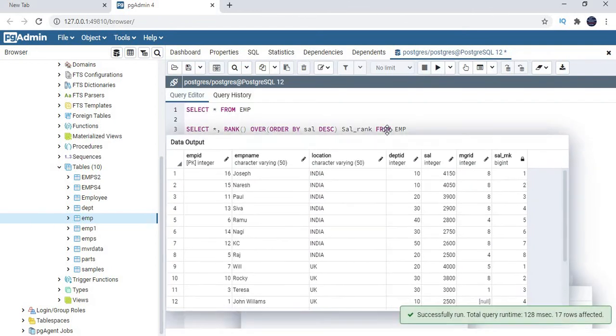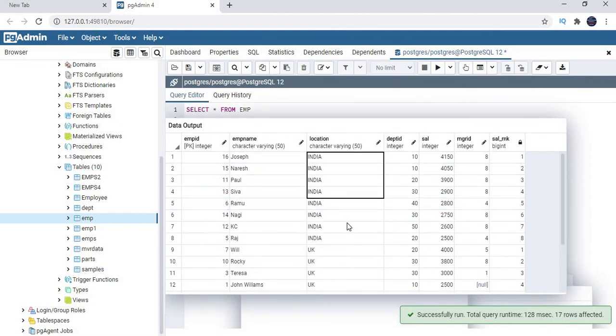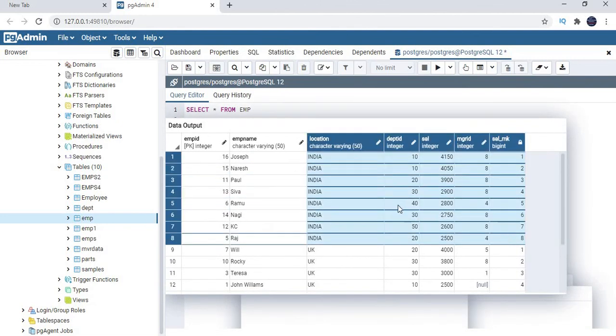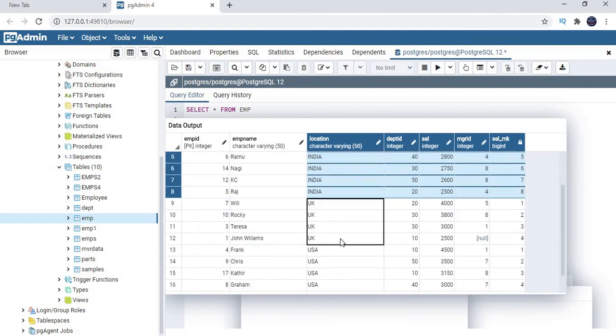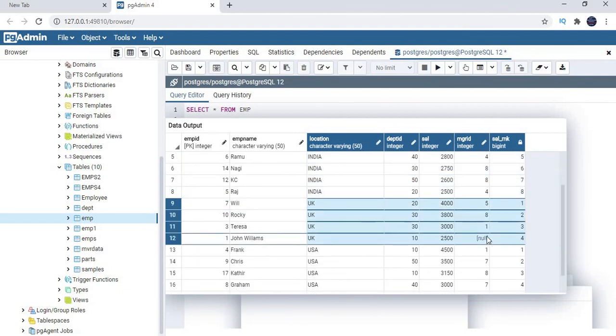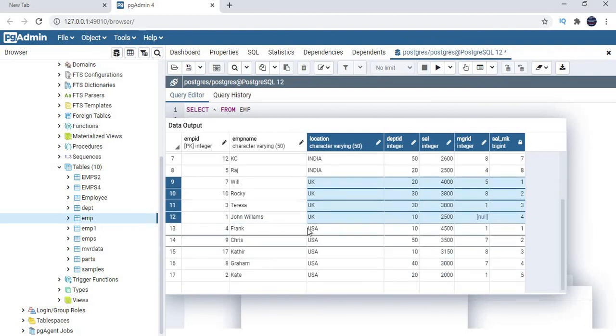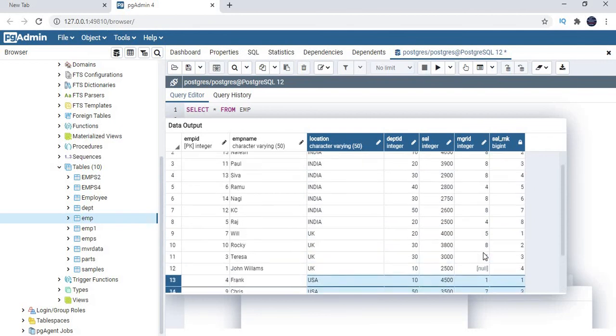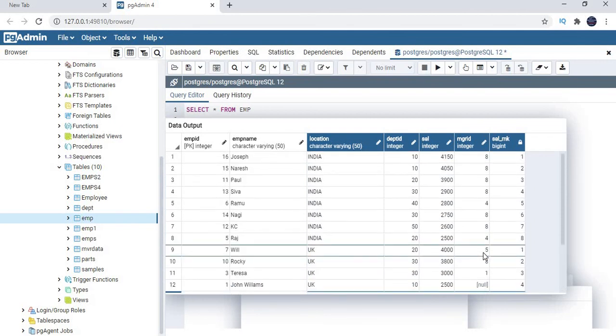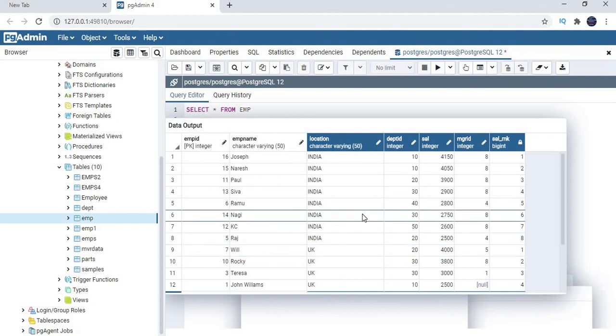now if you see this data, these are the first, Indian employees here. All the Indian employees got the ranks as part of the first sequence. Here if you see, in India 4,150 is the top rank one, and India 2,500 is the last, rank 8, and immediately one more location rank started, that is UK, where 4 people have the ranks 1 to 4, and the next series is USA, where 5 people have 5 ranks. None of the people has an equal salary. That is the reason why none of the people gets the same rank in this example.